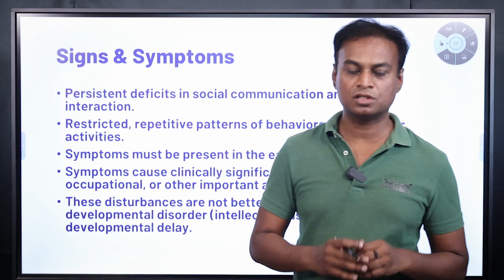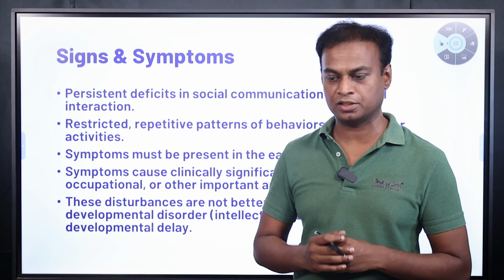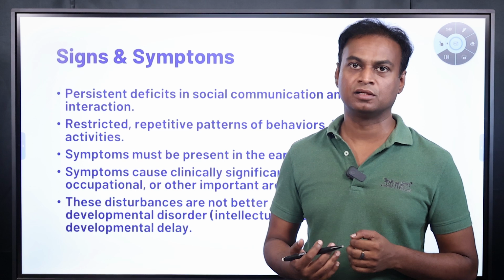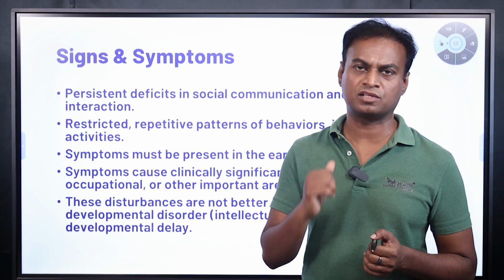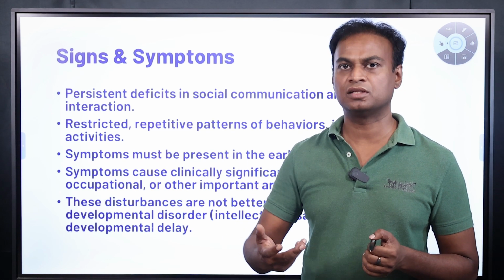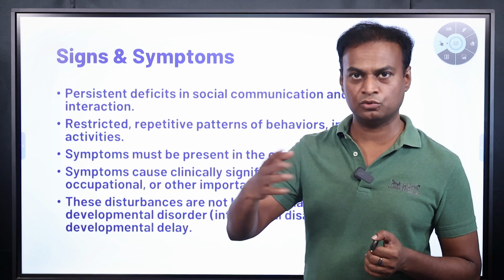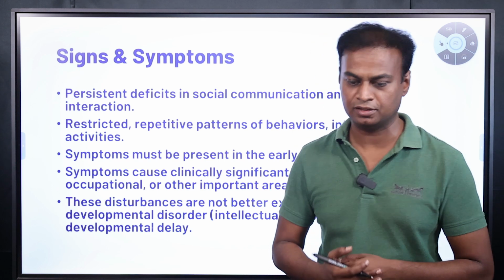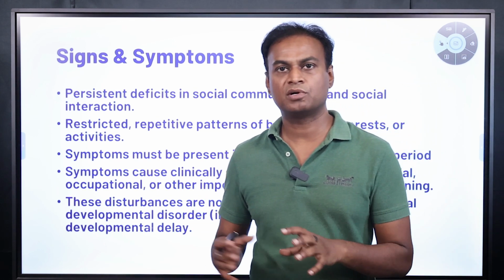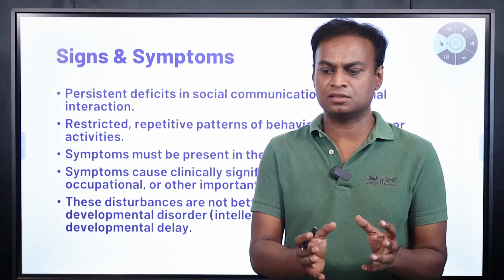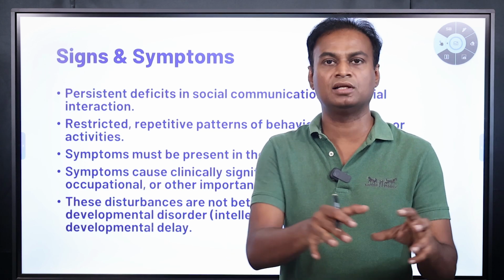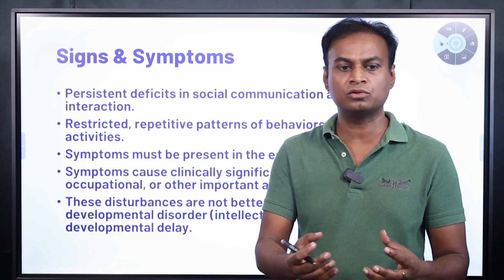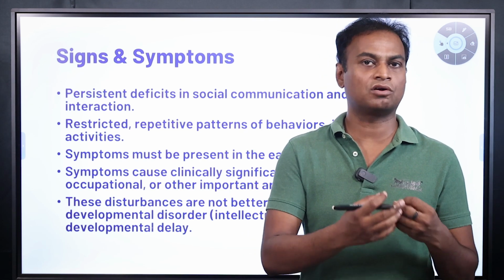First one is simple motor stereotypes. What is a simple motor stereotype? For example, they do a repetitive movement, like sucking of the thumb or doing something with their hand, like flapping of the hand. Whatever they do, they are repeatedly doing it. And also they line up toys. For example, whatever toys you give these kids, they will line them up, because intelligence is so low that they are not able to understand what the toy actually does.